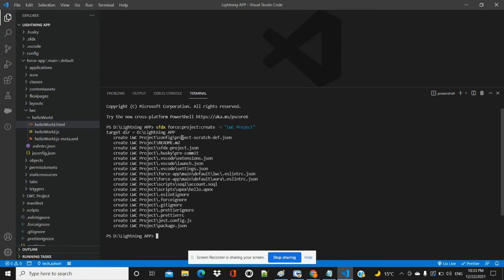So here we have created these things, create lwc. You are able to see here sfdx, we have given the project name lwc project inside the column lightning app. After that, suppose that we have created the lightning app.